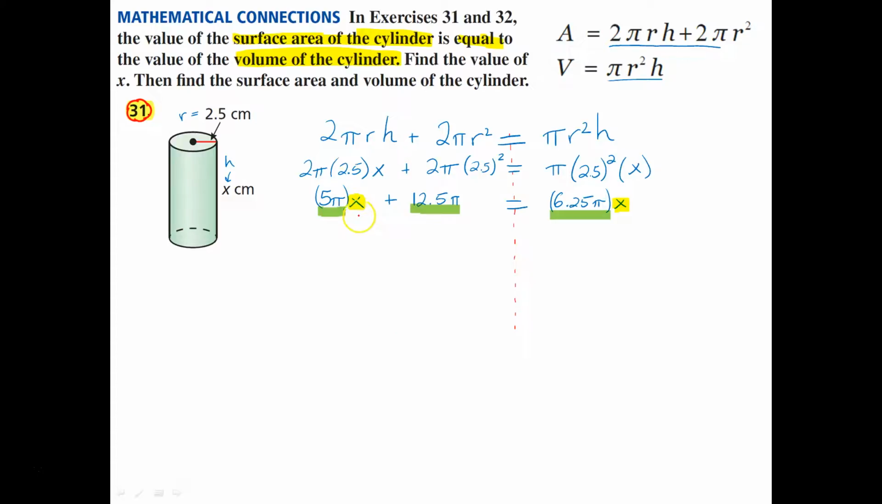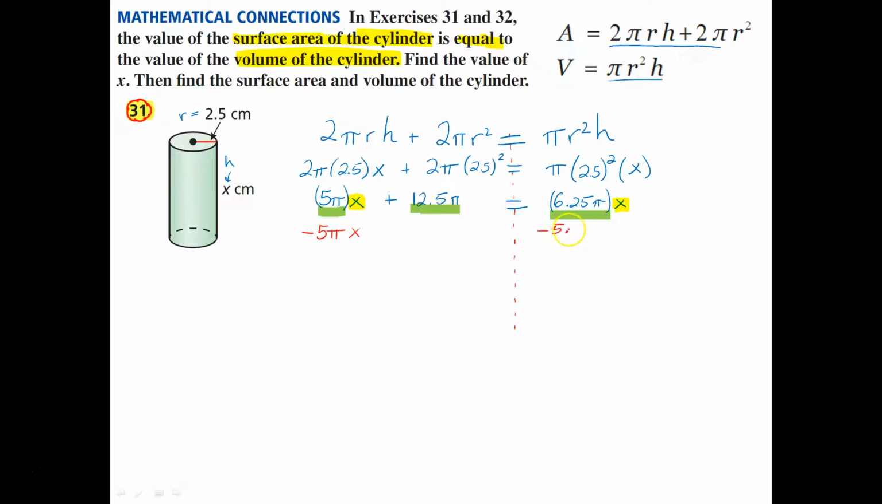So right now we've got variable on both sides of the equal sign. So we need to get them off of one side and all collected onto another side. And 6.25 pi is more than 5 pi. So I want to subtract the 5 pi x off of this side. Why would I do subtraction? Because the 5 pi x and the 12.5 pi are added to each other. And so this is a positive 5 pi x, so I'm going to subtract 5 pi x,